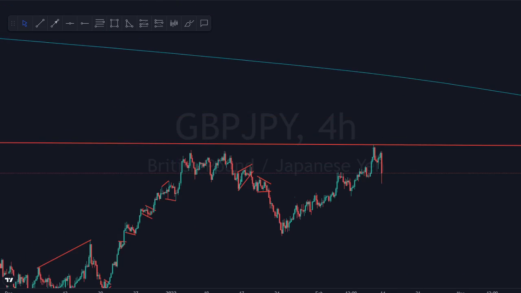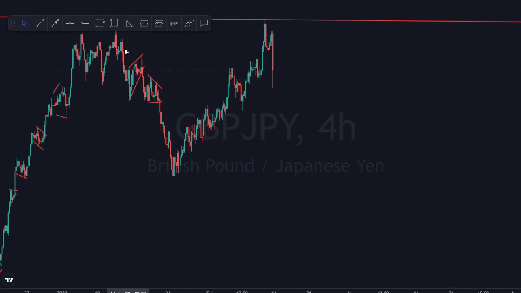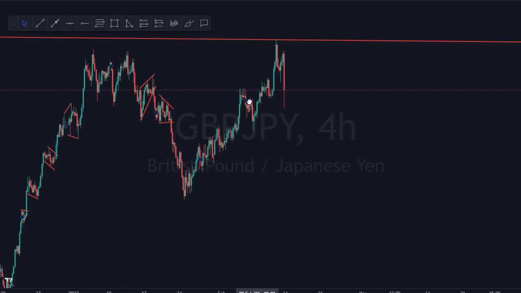So looking at this, guys, I'm still looking for my sells, because look at this huge bearish candle. It broke the previous low, and it's aggressive. You can see it's aggressive. And as well, guys,